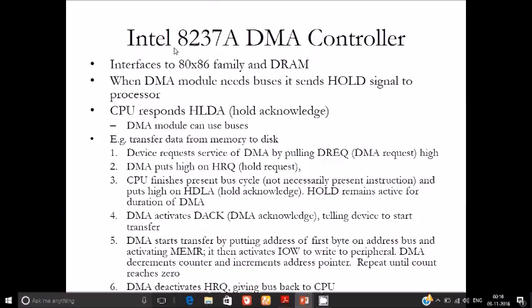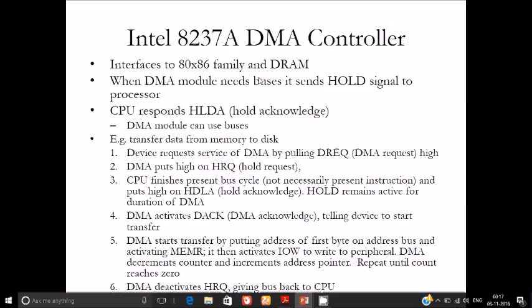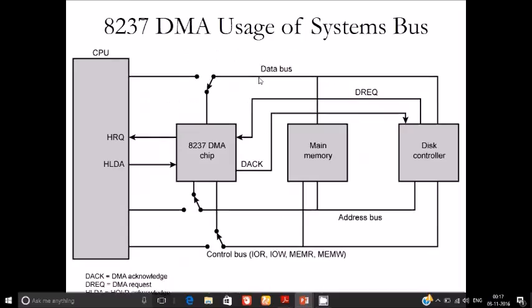So this is the Intel 8237A DMA controller. These are the commands we use and how it is going to work. This is the theory stuff, but most probably you don't need to know it. But knowing it will be helpful as part of the exam. You can write it as an example.